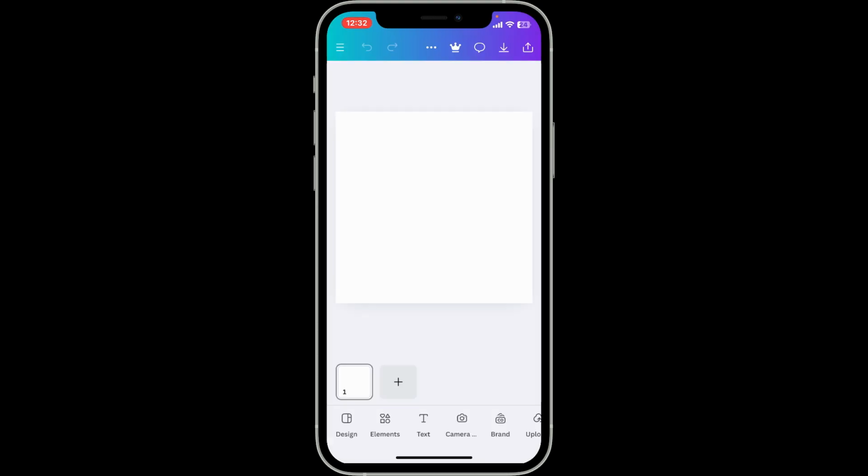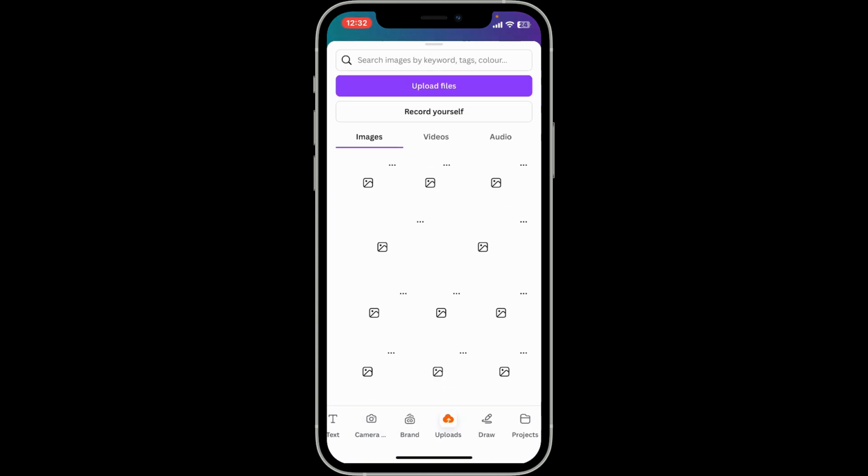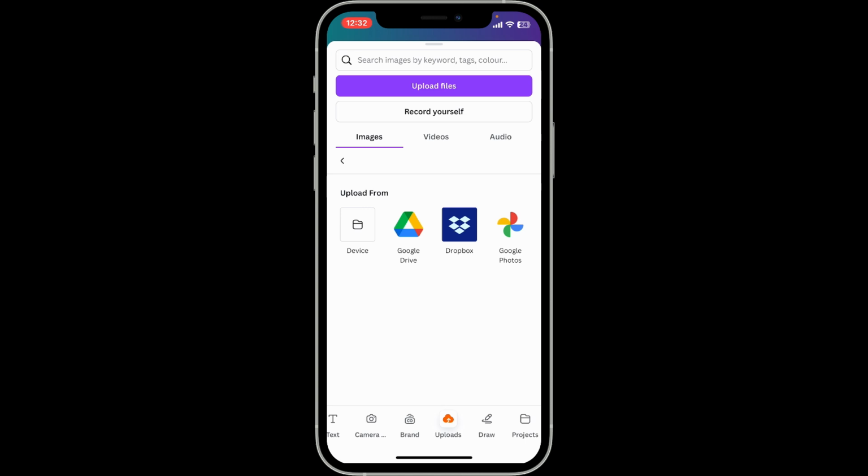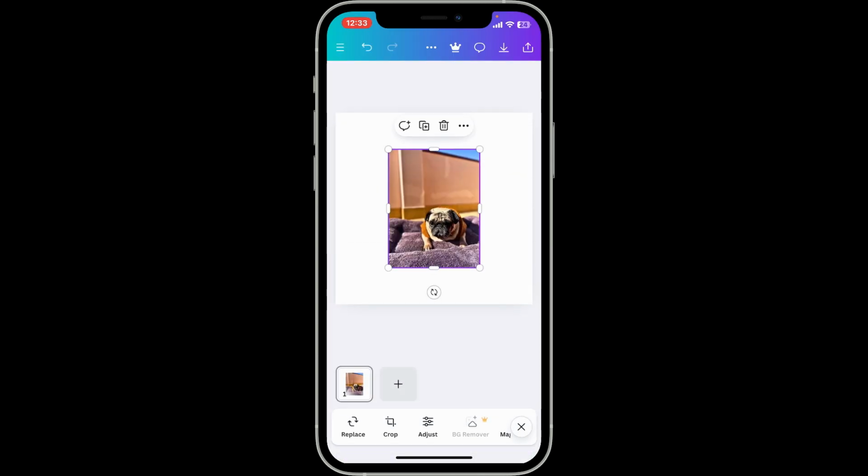If you have done the same, go ahead and add a photo on the screen first. Go to the bottom of the screen and tap on Uploads. Go ahead and upload a photo from your device's camera roll or other options available on the page. After selecting an image and adding it to your canvas, you will be able to see it on the screen